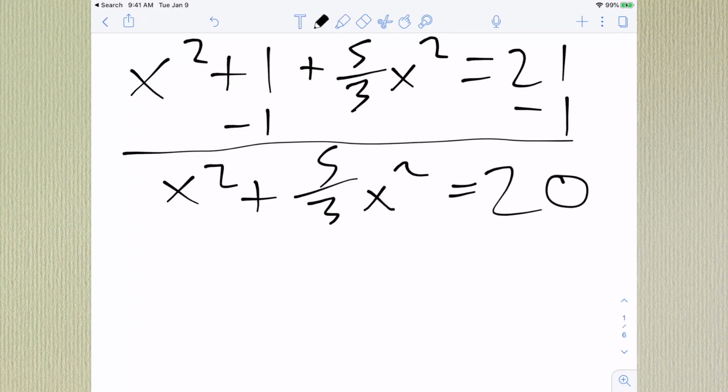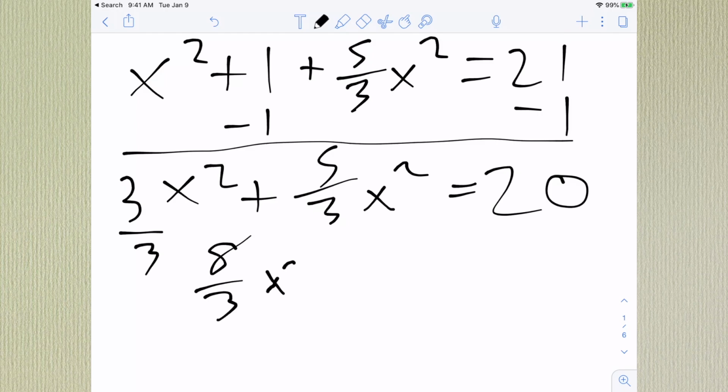Great. Now, if you remember what we did last time, we found a common denominator and then grouped the fractions that way. This problem doesn't exactly look like there are common denominators because, hey, this is a fraction. But if you remember, this is just 1 times x squared. So 1 is actually equivalent, if you think about it, to 3/3. So this could be 3/3x squared. So if you add these two values together, you can just add these fractions now to get 8/3